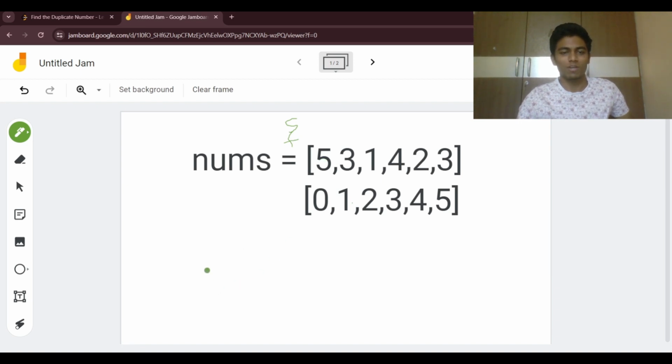Now we are going to start from 5, and after 5 we are going to go to this particular index, which is going to be 3. Then from 3 we are going to come to index 3, which is going to be 4. Then after coming to 4 we are going to go to index 4, which is going to have the element 2,